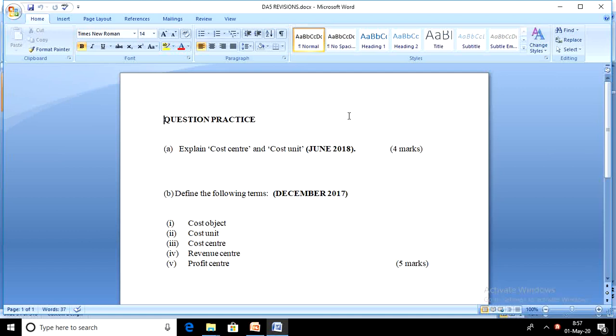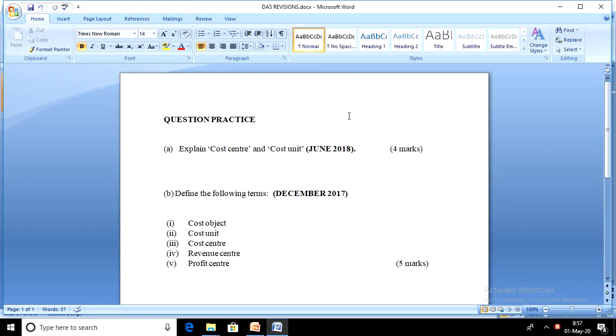Well, you are right. A cost center is a product or service or function or an activity or item of equipment whose costs may be attributed to the cost unit, and the manager of a cost center is responsible for costs only. So a cost center can also be described as an individual activity or group of similar activities for which costs are accumulated. Examples of cost centers can include production department or machine or group of machines, a department,